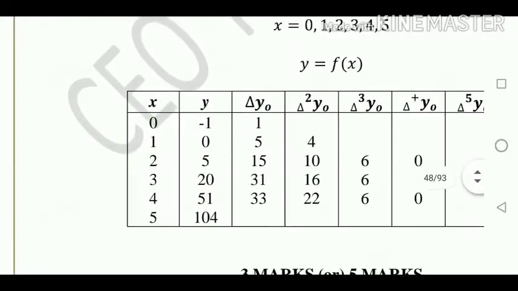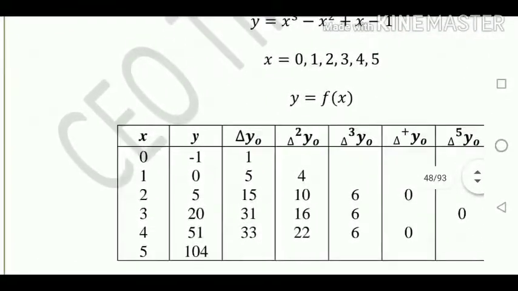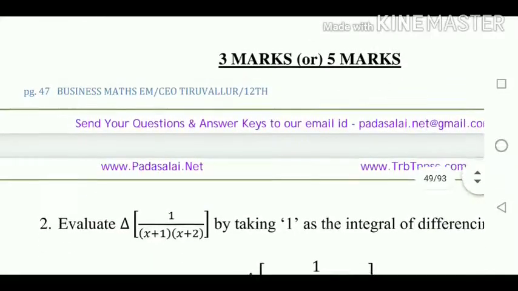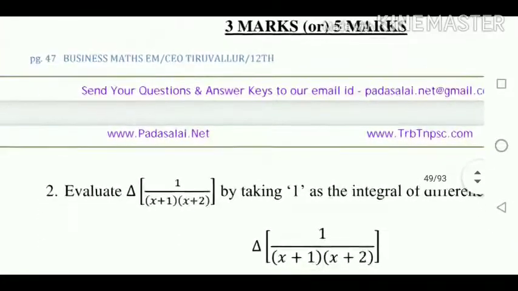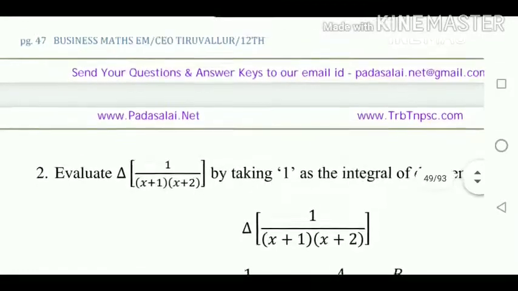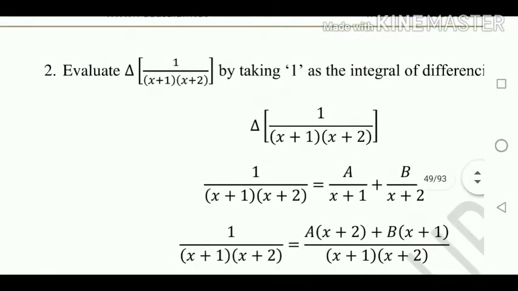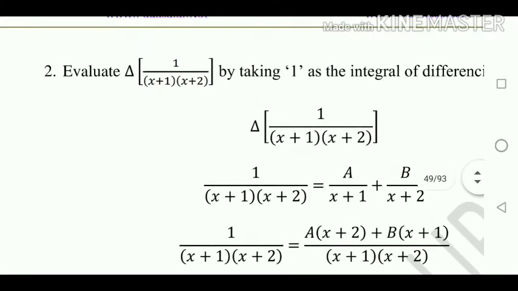So these are the 3 mark questions. Now we are going to see the questions which are sometimes asked as 3 marks, sometimes asked as 5 marks. Those types of questions we are seeing in the 5th chapter. So today itself we finished the first volume. The next class onwards we are going to see the second volume.